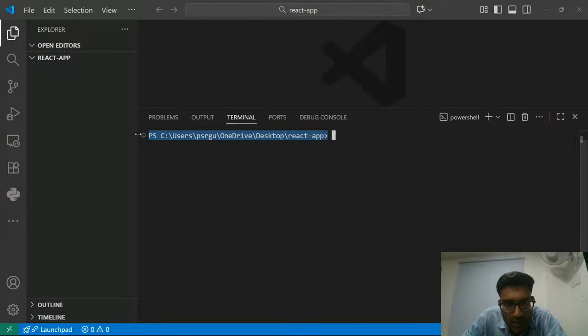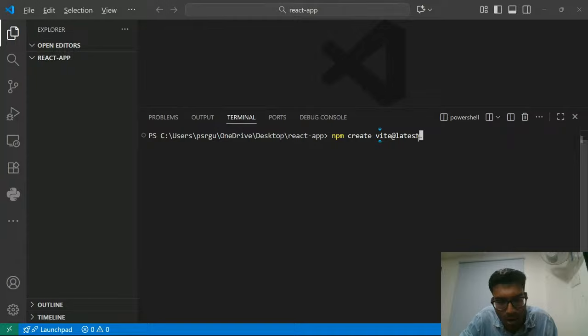So on this terminal, we have to create our React app. For that, you have to write the command npm. npm means node package manager, for installing various packages. Then you have to write the keyword create, so npm create, then Vite. And for installing the latest version, you can also add @latest. So this is the command that you have to write: npm create vite@latest.